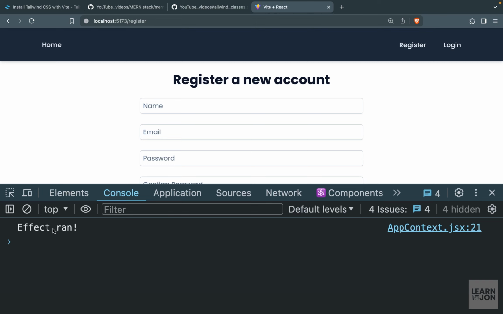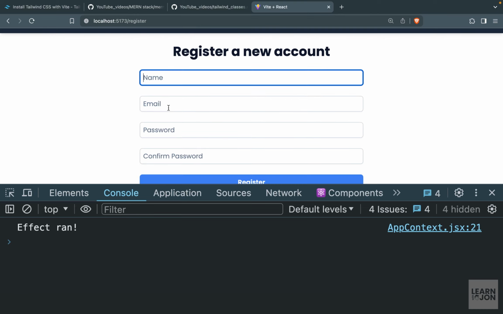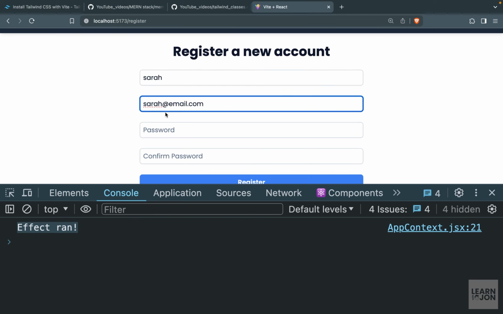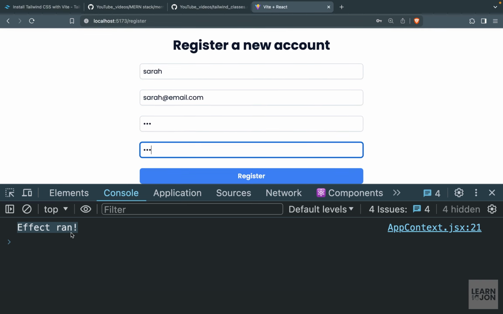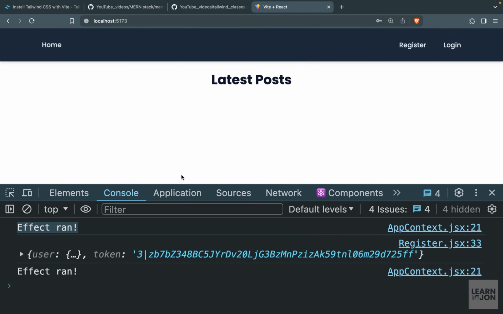You can see we already have that log, but if we reload the page, you notice we get it one time. Now, the token is not being updated at the moment, but if we register a user, that means we are updating that token state. We should see another output. So I'm going to register again with another user and watch what happens down here as soon as I press register. So we get our user object, but we also get this effect ran one more time